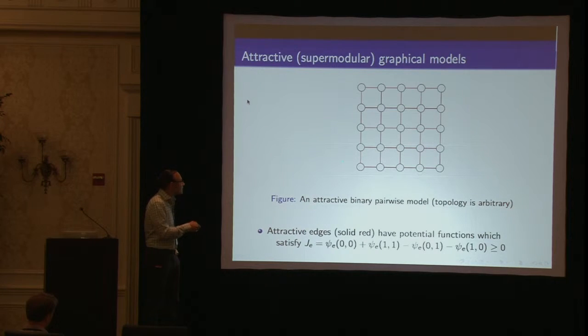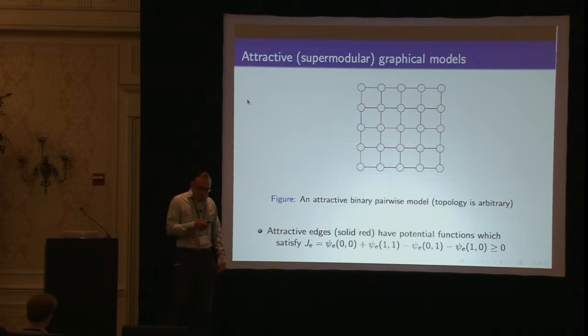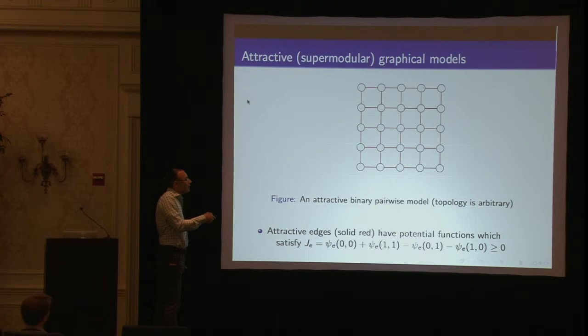And so what this means is the factor, or the potential function tying these two variables together, satisfies the following property. The factor, if it's just a binary table, has the 0, 0 entry and the 1, 1 entry with a higher value than the 0, 1 and the 1, 0 entry. So this is called attractive because this binary node and this binary node get a higher score from that factor